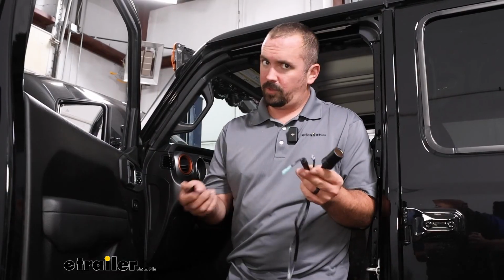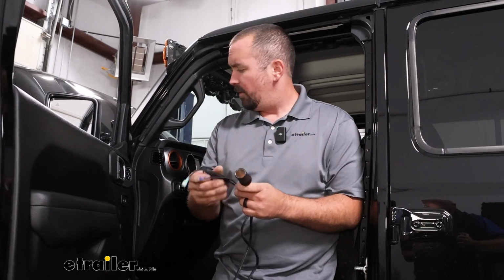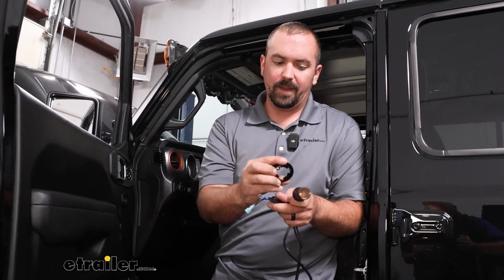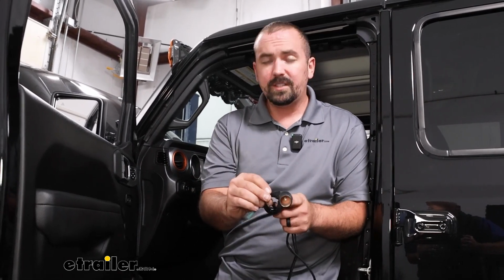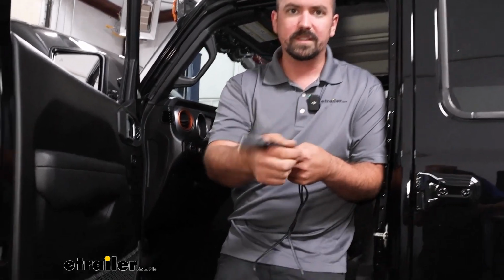So most times we end up cutting off those ends and putting ring terminals, and that's what we're going to do for this installation. Your 12-volt outlet kit is super easy to get installed. We may need to extend the wires, but we have the hole open on our firewall, and there's going to be this mount that allows you to have this to at least hold it in place when you're normally driving, and then when you pull it out, you're able to kind of move this around to be able to plug